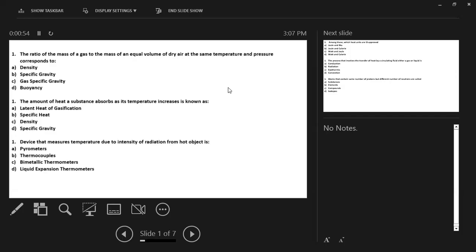Question number two: the amount of heat a substance absorbs as its temperature increases is known as,